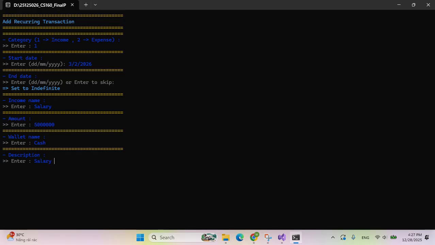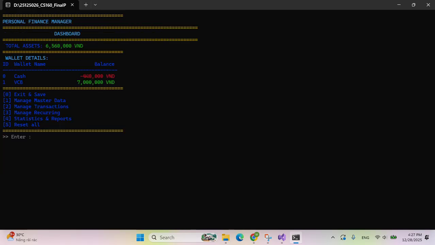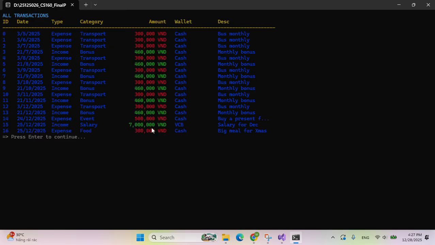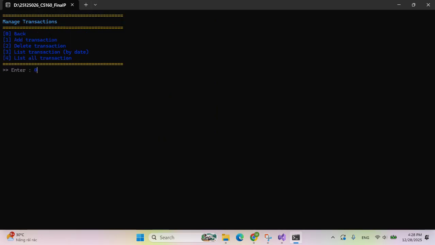The salary in 2026, and you will see that in this case no transaction has been added, that recurring transaction didn't happen yet. Let's go back and you can see